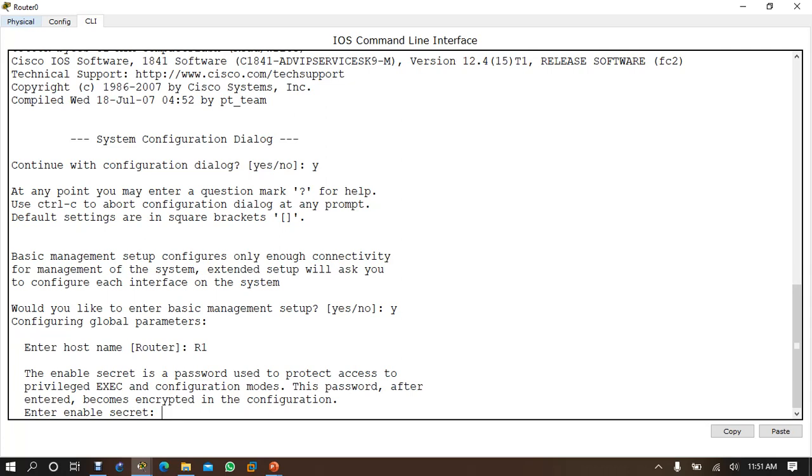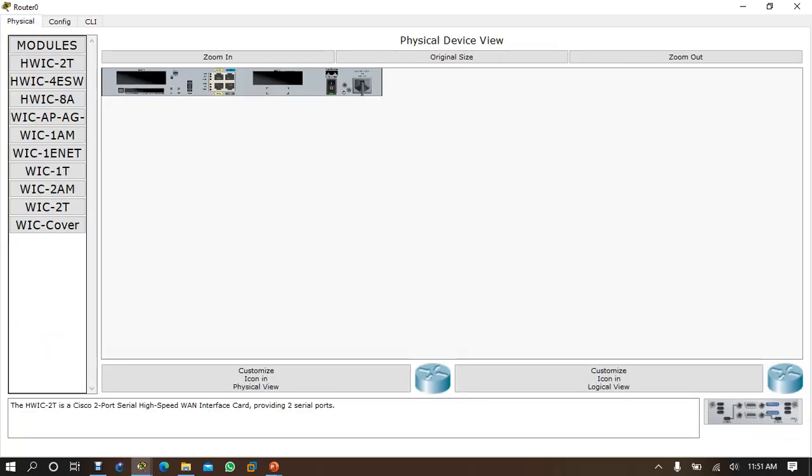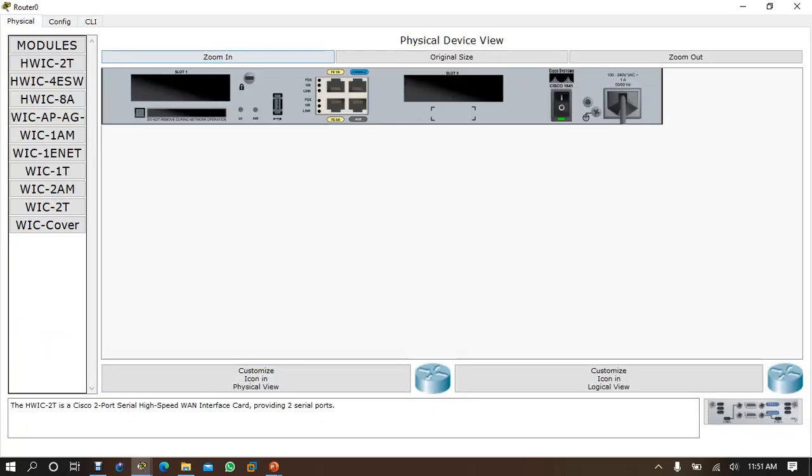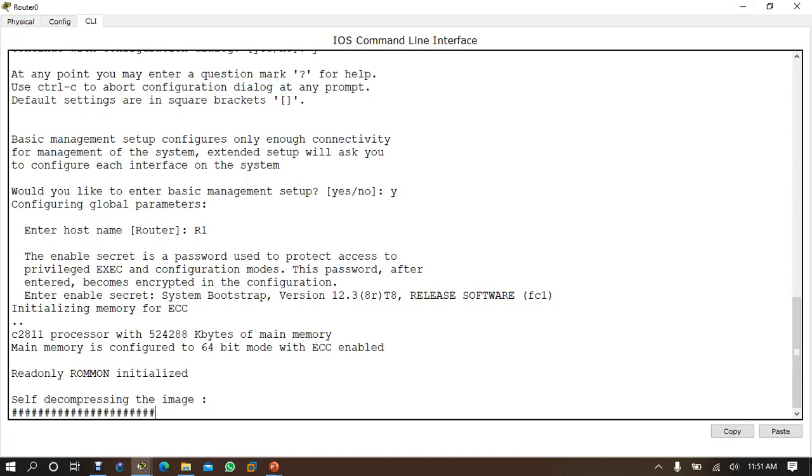Let's come here to restart the router. Zoom in. See, the router has a fast Ethernet port, console and auxiliary ports, and some USB ports. Some slots are free, so if I want to add a module, I can. If I switch this off, I can add a serial port. Now switch it on, and go to your CLI.